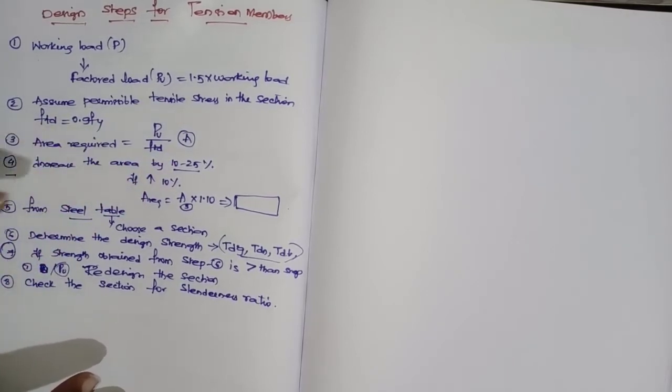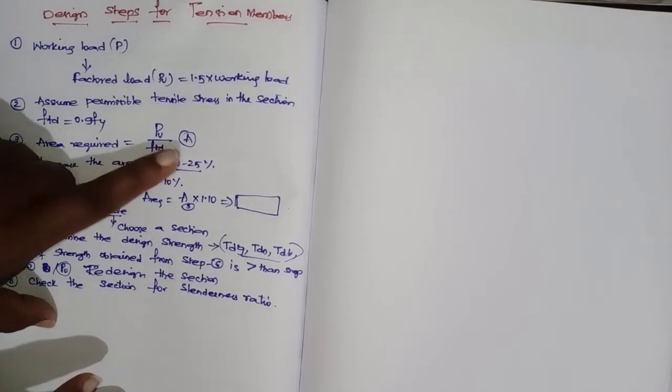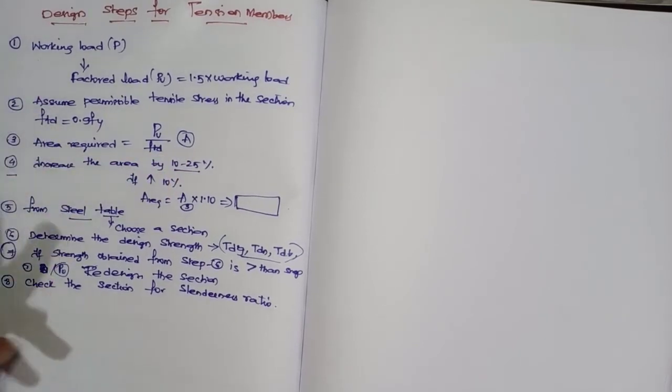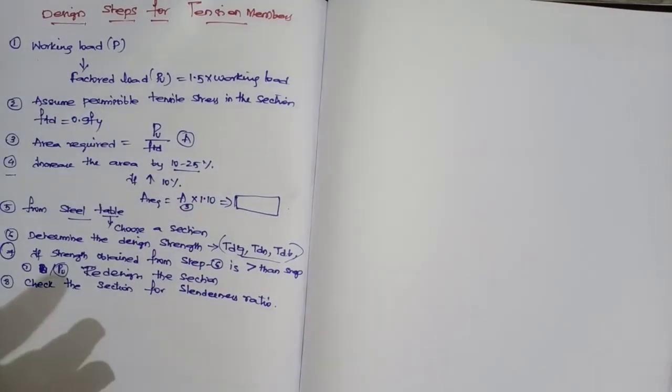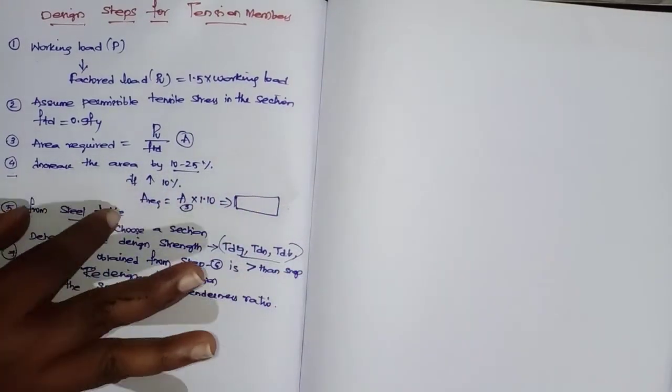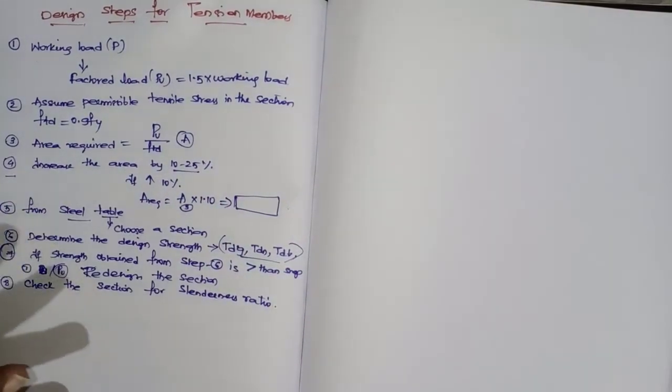You increase that area by about 10 to 25%, as you wish. For that you will get the incremental required area. For that area you choose the section from the table. Now how to choose the section, I have mentioned to you that in a problem,